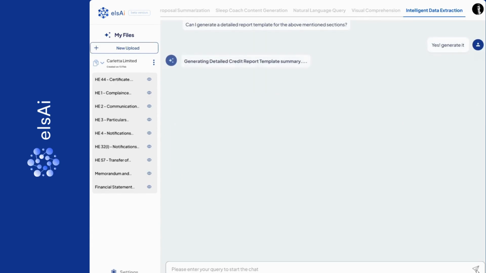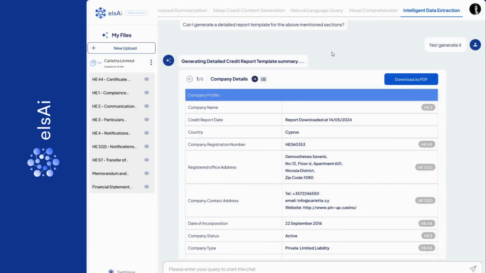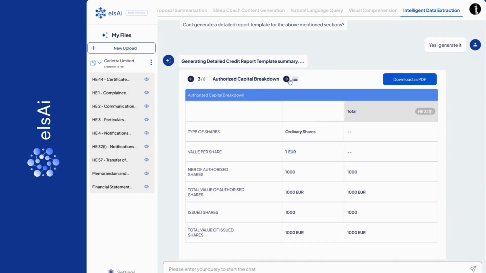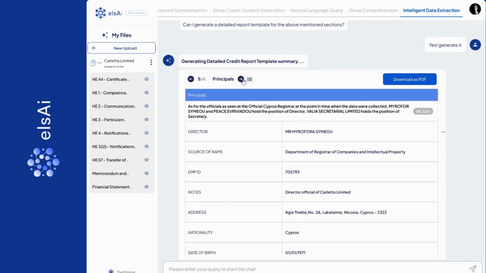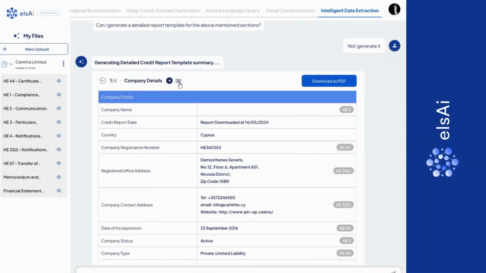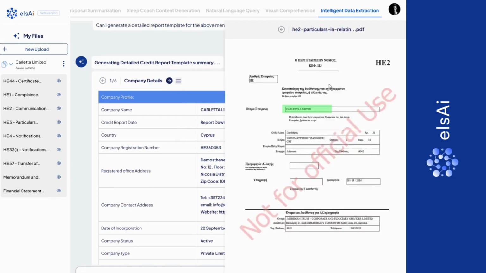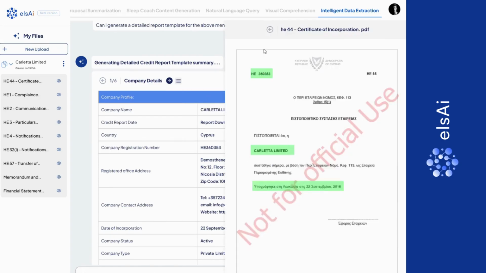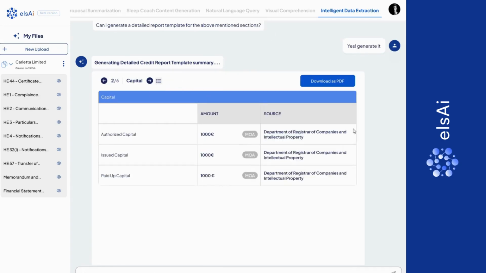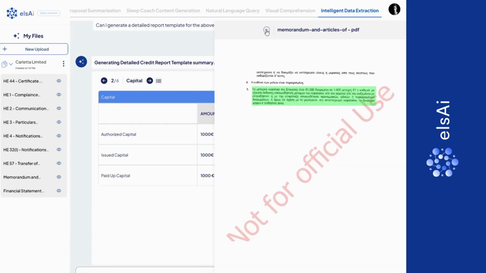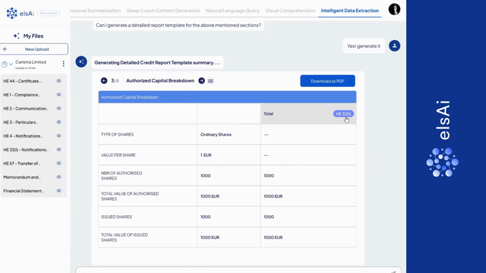Within seconds, elsAi generates a comprehensive credit report template offering a quick overview of the company's health, ownership, share capital information and financial standing. The report is divided into separate sections for clarity. Basic company details from compliance and communication address registration documents, company's capital generated from memorandum and articles of association document,